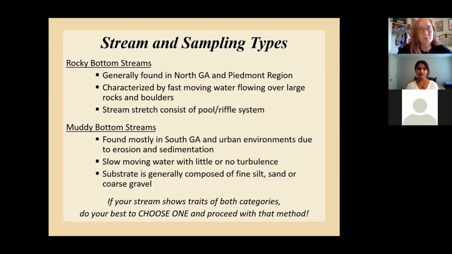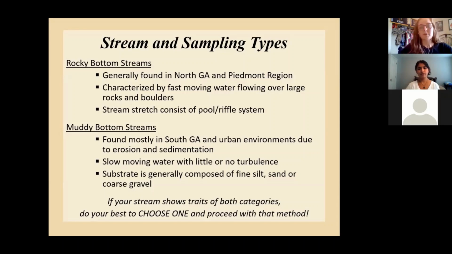If you're up in North Georgia, where you see headwater streams, you could see big boulders, things like that. But it also can be, in that previous picture that Jackie showed us, those small rocks there in the middle of the stream, that could also be classified as rocky bottom. So looking at that substrate is really important. It can tell you a lot about the type of stream that you're looking at, but also you can know by a few different characteristics.